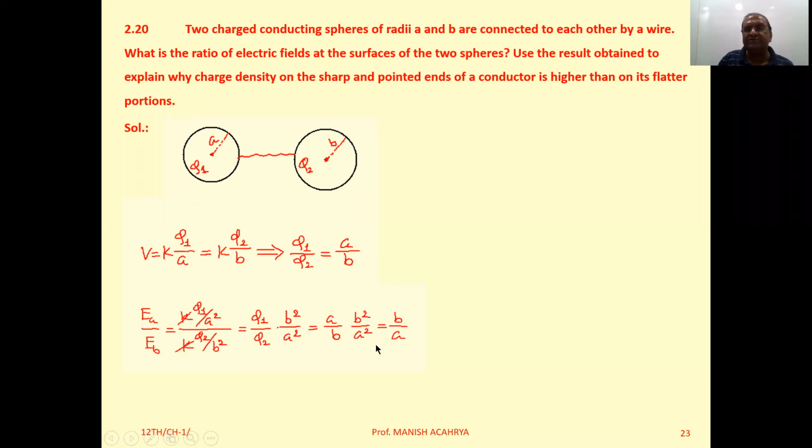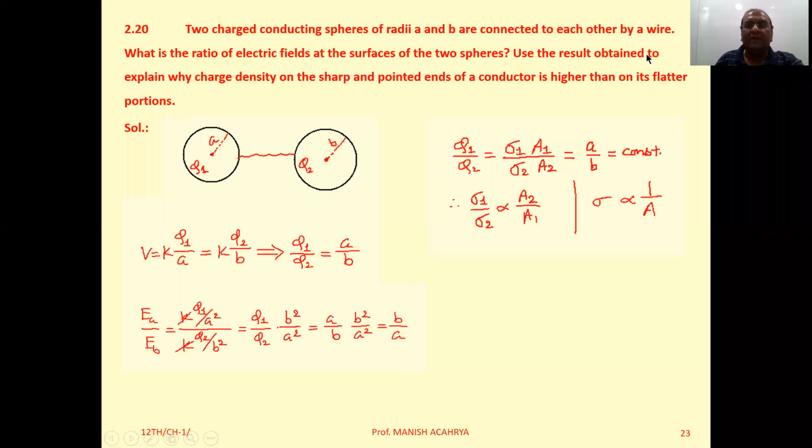So you will get the ratio of the electric fields at the surfaces of the spheres, that is B upon A. Clear to all of you? Now, second question: explain why charge density on the sharp and pointed ends of the conductor is higher than on its flatter portion. Say Q1 by Q2, that we can write sigma 1 into A1,